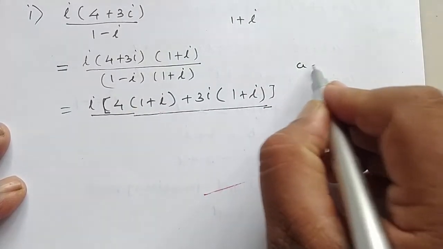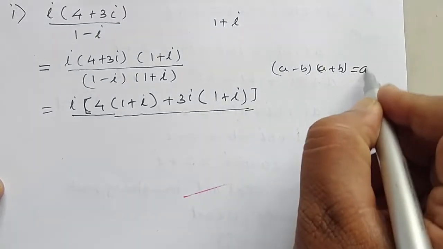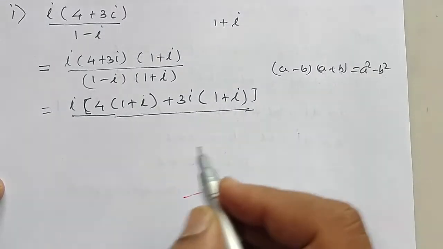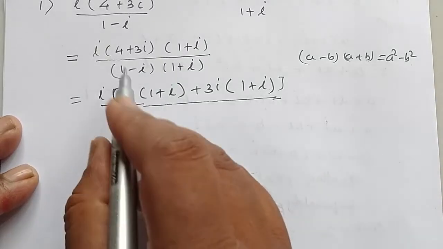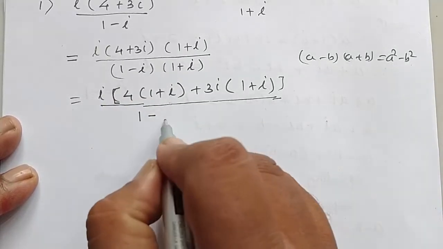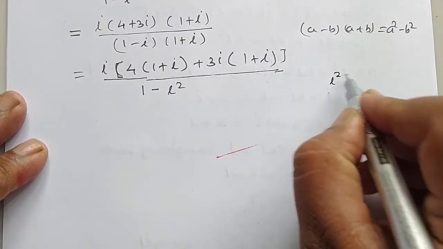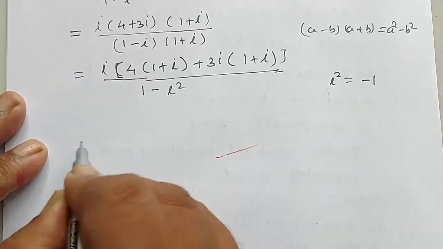We know that (a minus b) into (a plus b) is equal to a square minus b square. Using this, 1 square, that is 1, minus i square. We know that i square is equal to minus 1. Therefore,